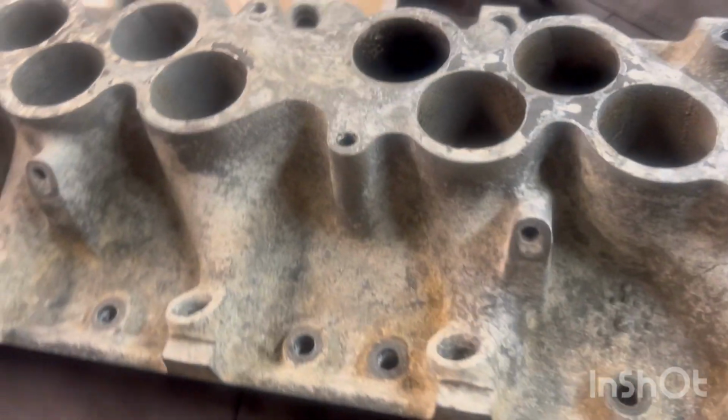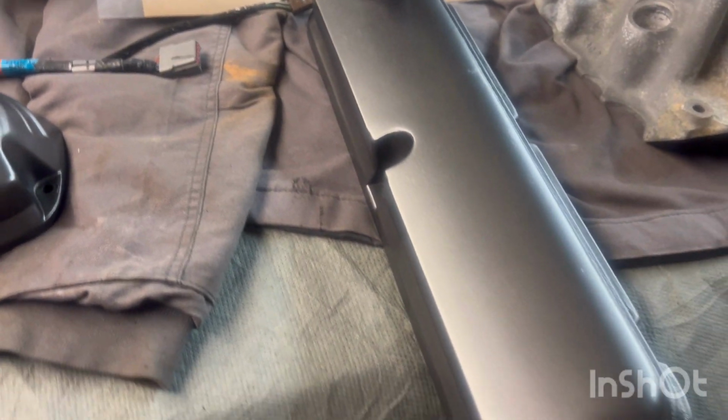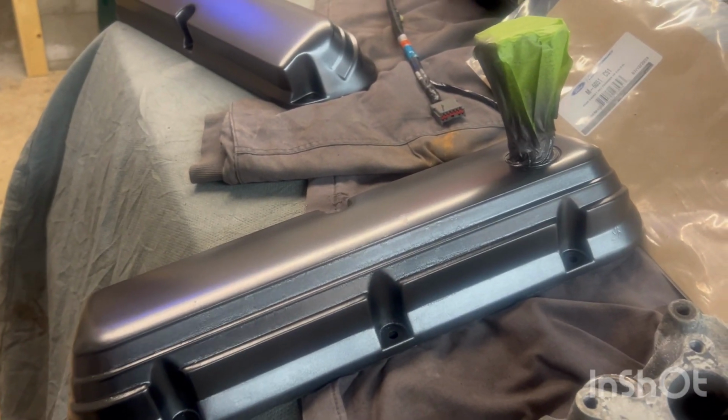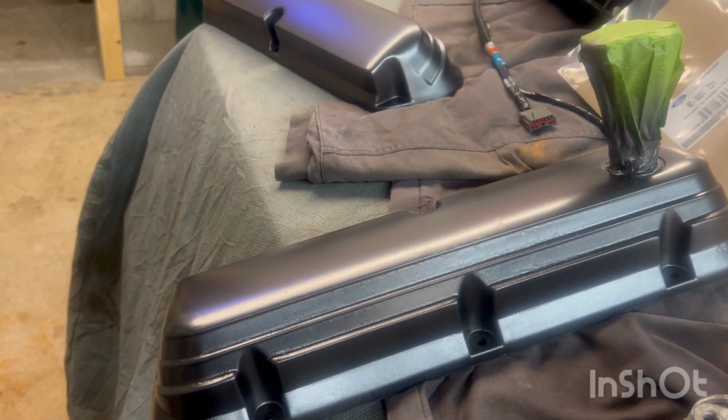And there's that. I went on and painted the valve covers. I wasn't gonna paint them, but I hit them with brake cleaner and yeah, they come apart. So it started messing up the paint. So there we go, we got that done. All right, I'm saving y'all most of the headache because there's plenty of videos on how to put this intake on, but I didn't watch a video. So as I assembled everything,